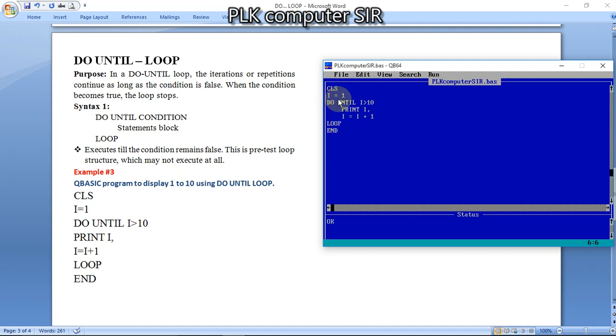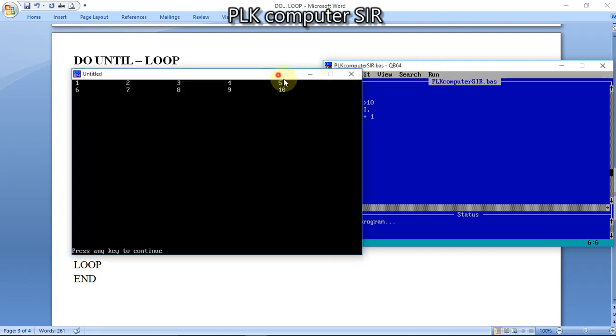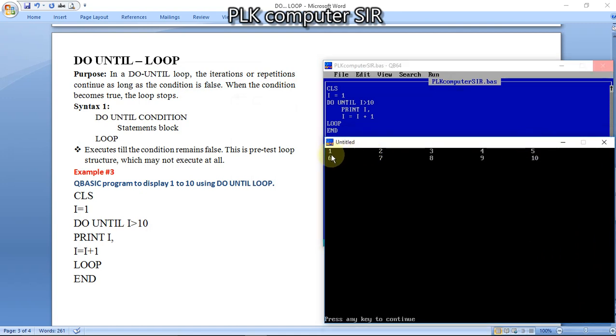Okay, initialization I equal to 1, do until I greater than 10, because we have to make the condition false to execute. Printing I with a comma, it will print in 5 different zones. Okay students, so you can see here 1 2 3 4 5 6 7 8 9 10. I'm using the comma separator.